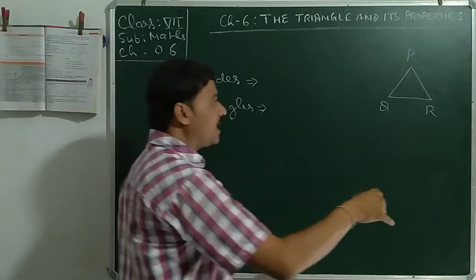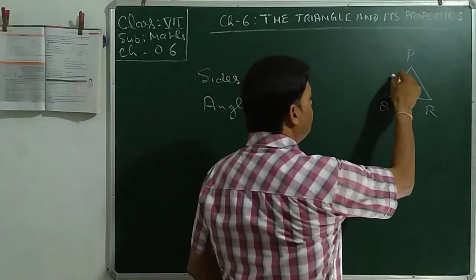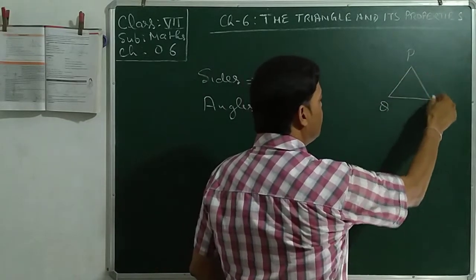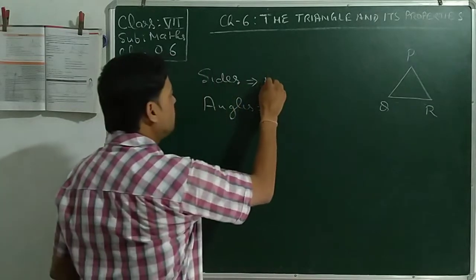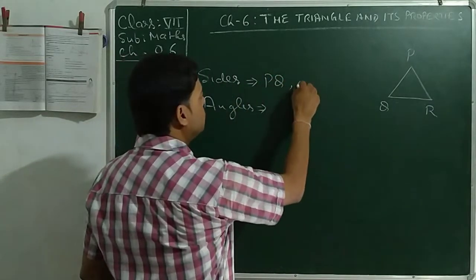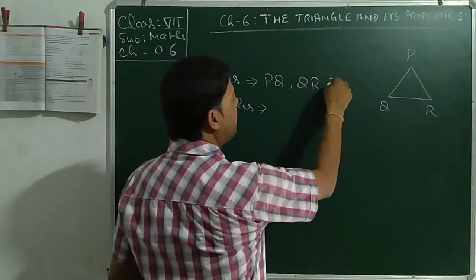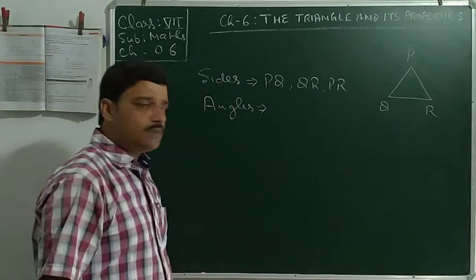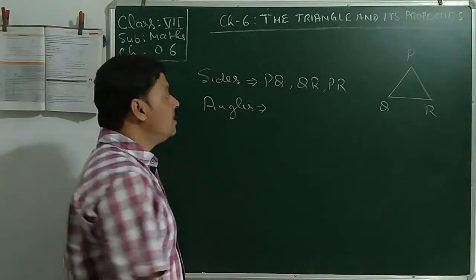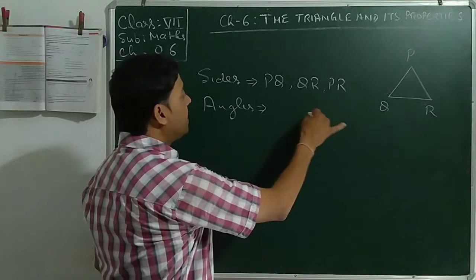In this triangle, sides are PQ, PR and QR. So you can write here PQ, QR and PR. These are sides of the triangle. Similarly, angles,